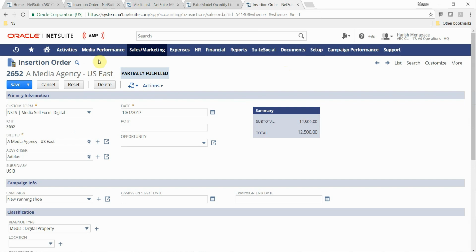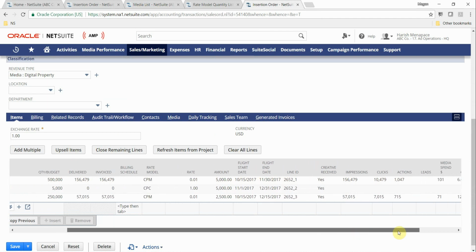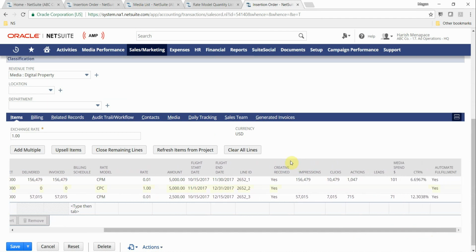So here we have our insertion order, all of the same details that we looked at originally, but I have a few additional pieces of information here. And as you can see, the system went in and it summarized all of those statistics for us. So each delivery day and all the details we were pulling in from our ad server, it went ahead and summarized those impressions, those clicks, actions, any type of those delivery methods that you're tracking, went ahead and summarized each